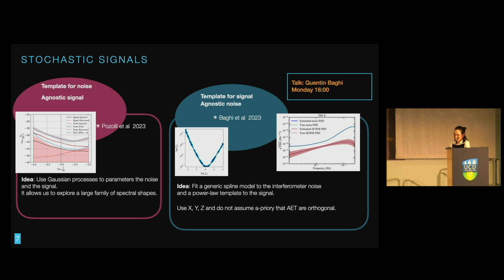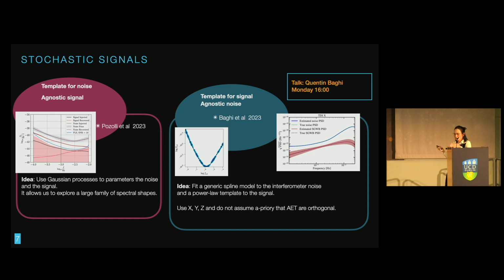And the last subset of this approach is how to tackle the work with cosmological and astrophysical backgrounds, where they assume the template for the signal and then they try to fit the noise. So they fit the noise directly to the interferometer levels, and also, instead of working with AET orthogonal combinations, they work with X, Y, Z, and so they don't assume this orthogonality of AET by default, which